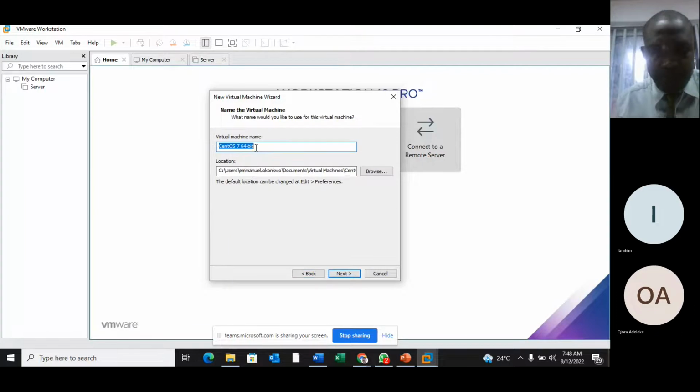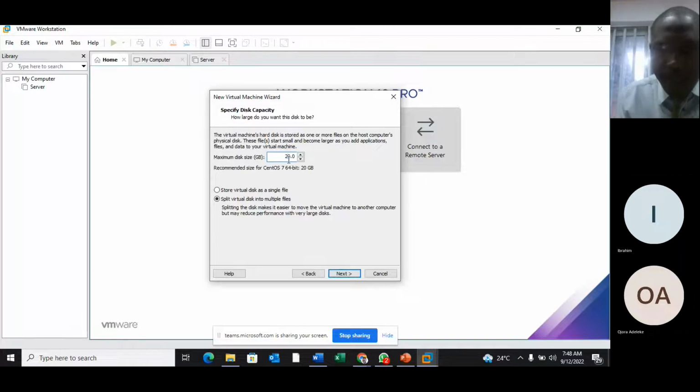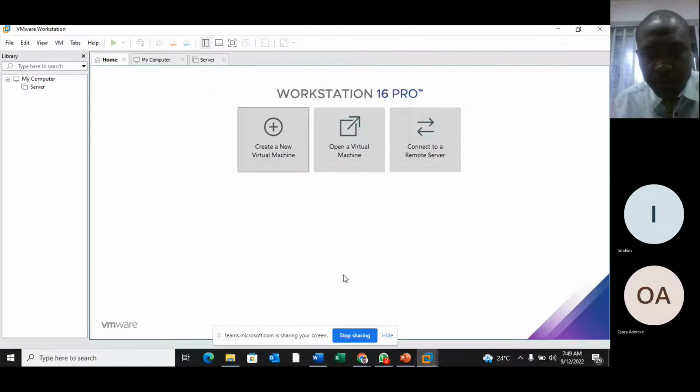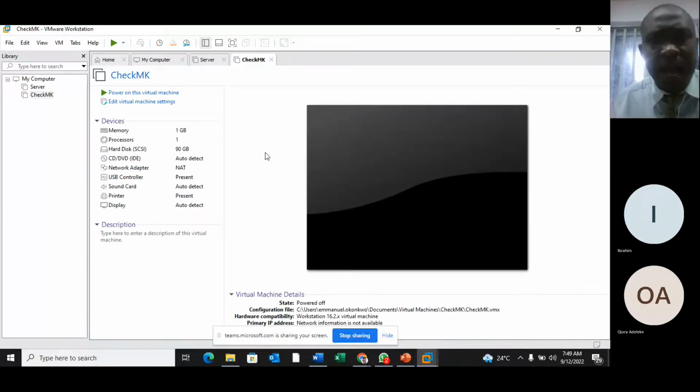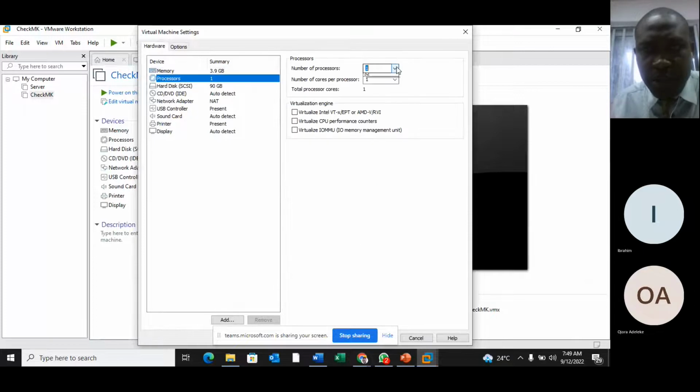I can give it a name depending on what I want to achieve. I give it a space of my hard disk. Remember, at this point, you don't just check out, because my memory space is just 1 gig, which I want to increase so that we can have a very fast operation. Let me see if 4 gig can go. The processor, I want to